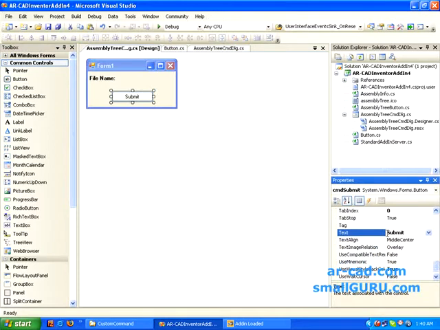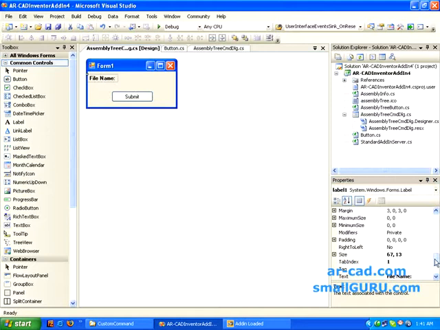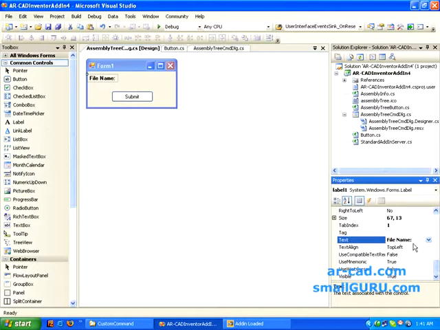We'll rename the text as submit, and another important thing we need to change is the name. So we will follow convention here. Since this is a command button, we'll use CMD and then the name text, so we'll name it as cmd submit. Then we have this file name text.